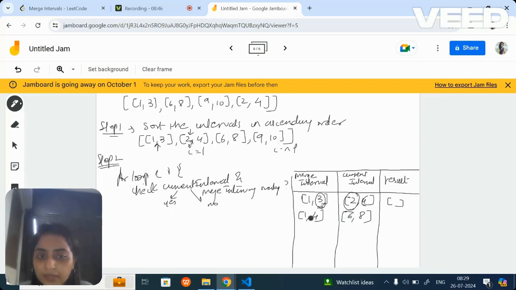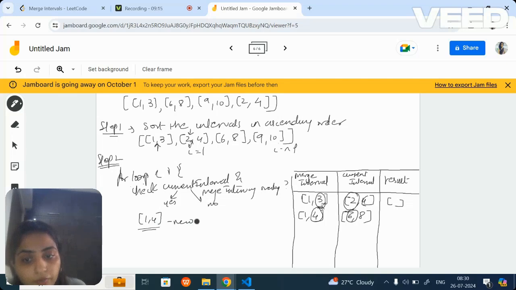Is the first element lying within the 4? No, in fact it is not even less than this, it's greater. That means there is no common connection between both the intervals. So in this case we need to push the merge interval into the non-overlapping array.